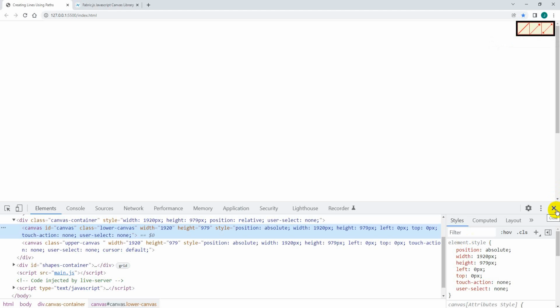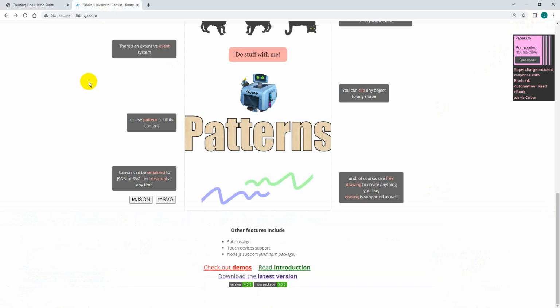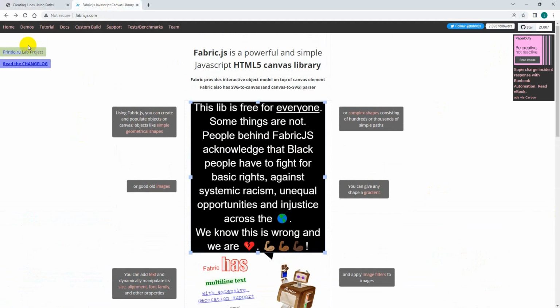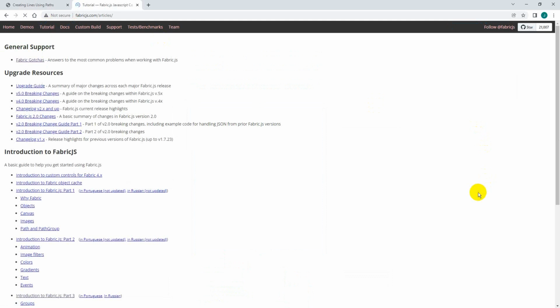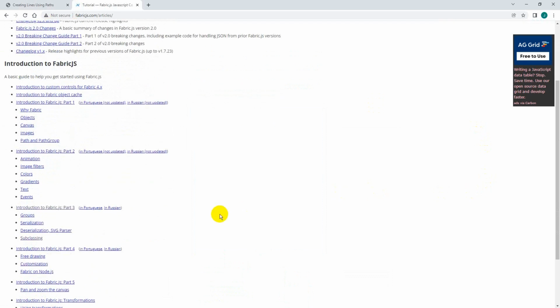Now it's time to add some functionalities to these three buttons. After clicking on any of these buttons, we want to create these three different types of shapes over here, and we will be using paths to do that. Going to Fabric.js, if we go to the tutorial, objects can be created using Fabric.js, and one of the ways to create objects is using paths. If you click on path and path group over here,